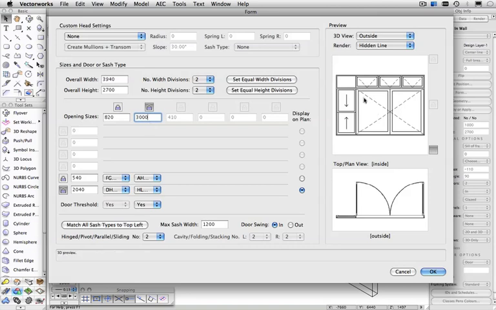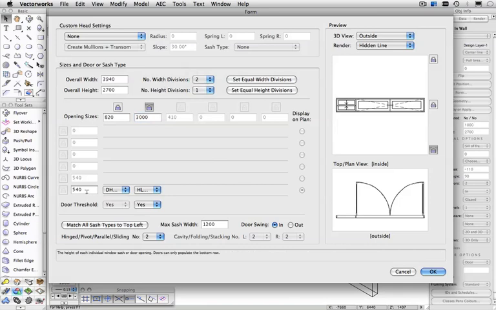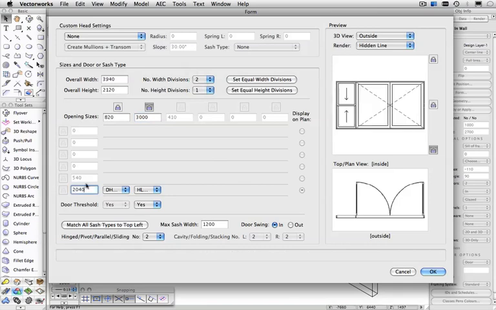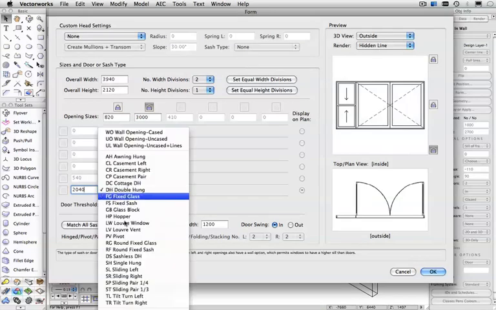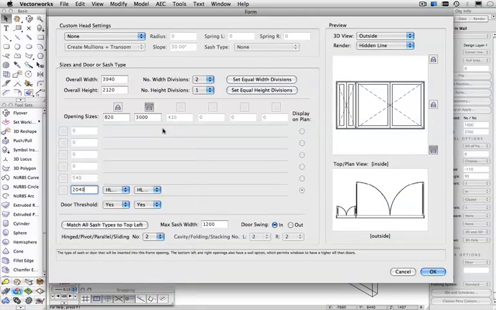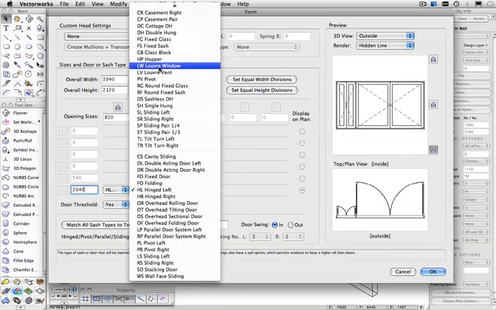Now we have this super wide door here, and actually we'll get rid of this as well, make the height divisions 1, and let's set this to a standard door height, and we want the door to be here, so we'll set that to a hinge left door. Alright, now over here we want to put some windows, and watch what happens when I set it to, say,